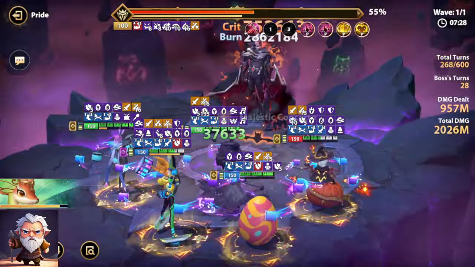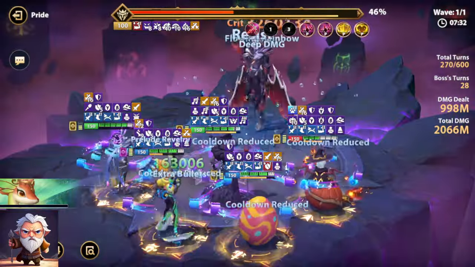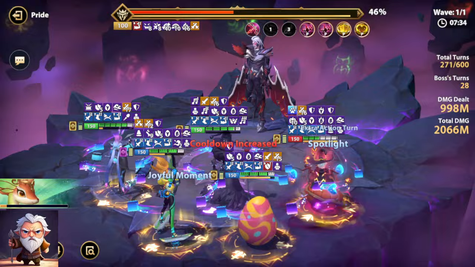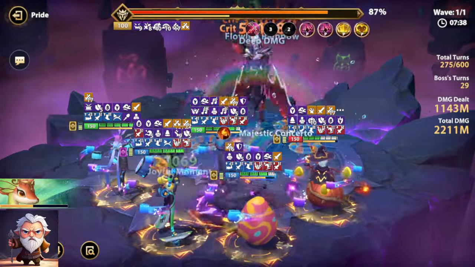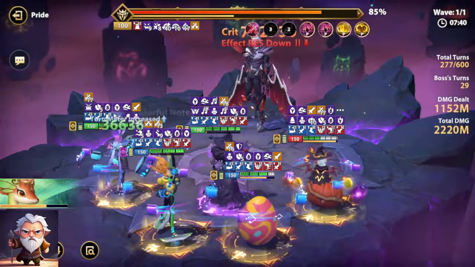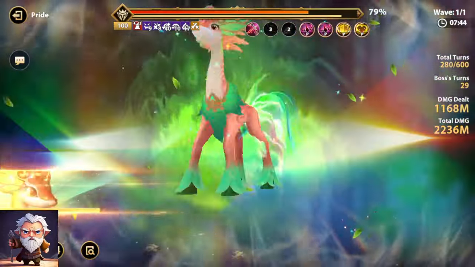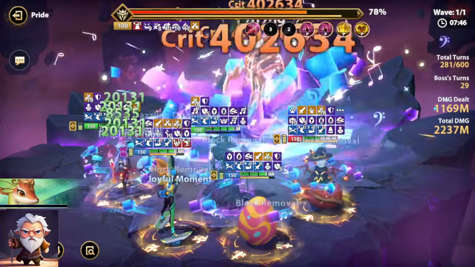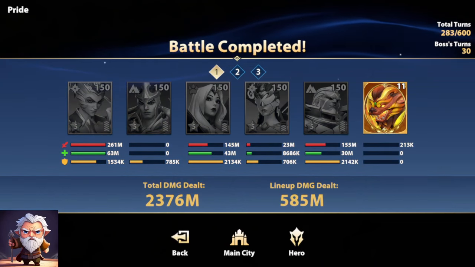So having cleanse, making sure you have a speed up is key to thinking about how you want to balance your team. Do put your tankiest team on the last one. If you're planning to use a burn team, run it on the last team, just so that you can fully take advantage of all of the ignore defense with the detonation damage. So there you go,